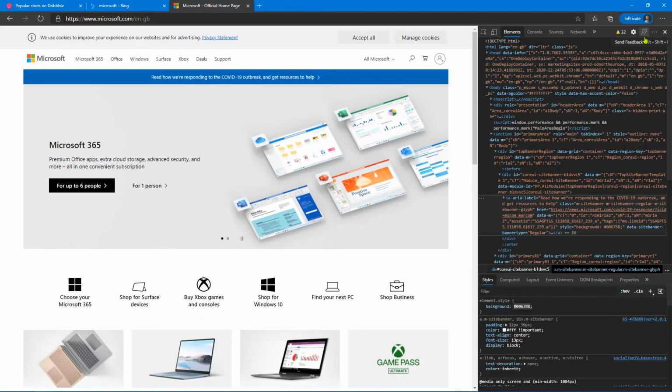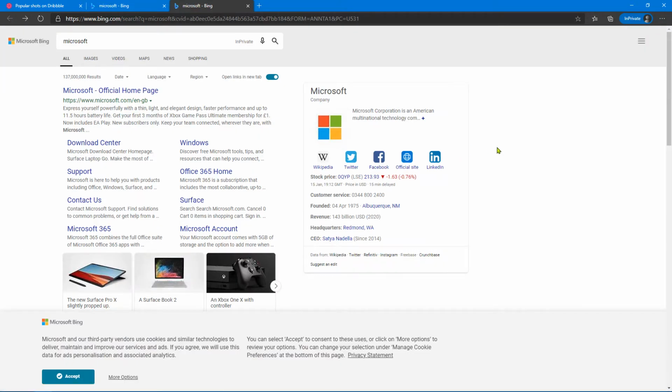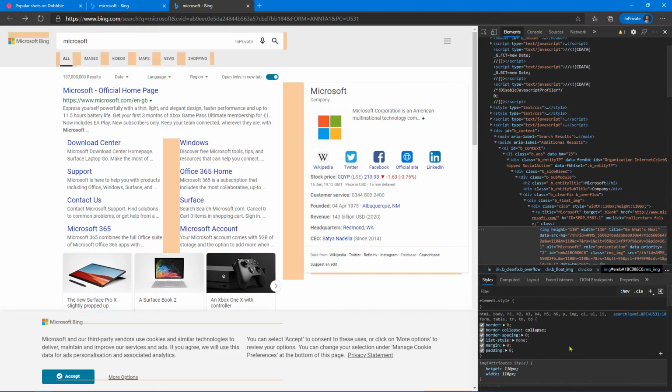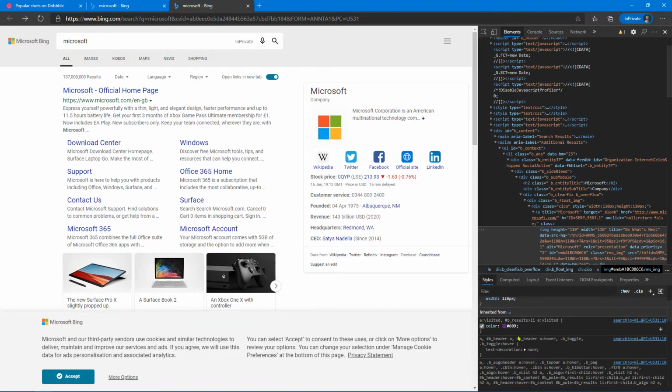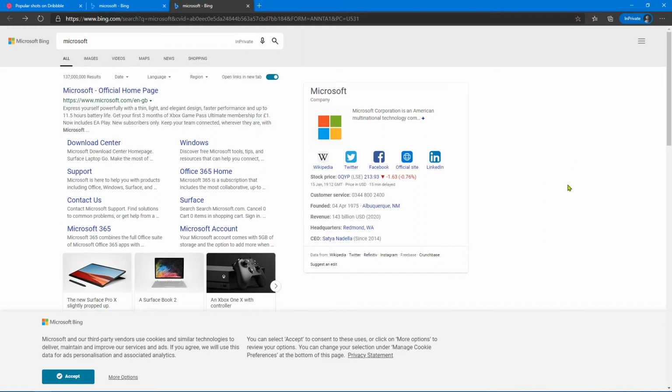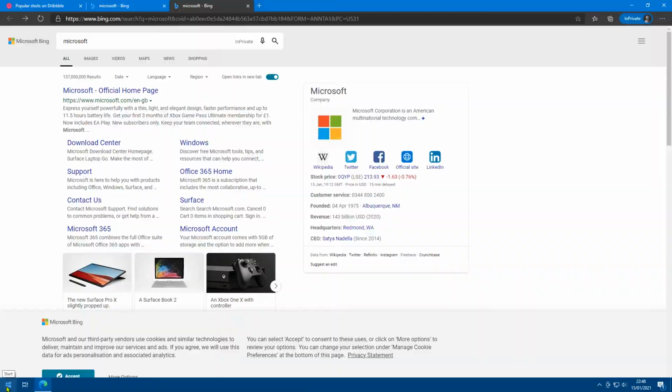Let's use another example. Let's close this. Let's go back one. Say for example you were like, you know what, I quite like that shade of green. The trouble is I can tell that that's an image. So if you right click that and say inspect, you're not going to get the actual color because it's not dictated by CSS. So what you can do is either save the image, or you can just take a print screen. If it were me, I generally just take a print screen, and then you can load up Paint, for example,